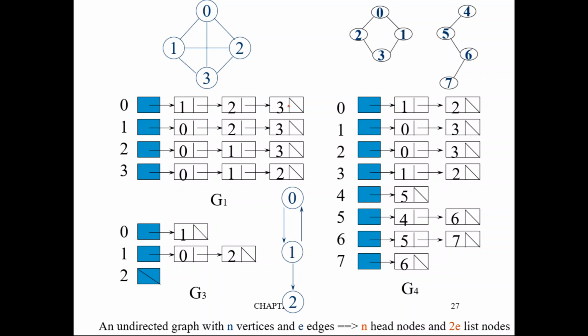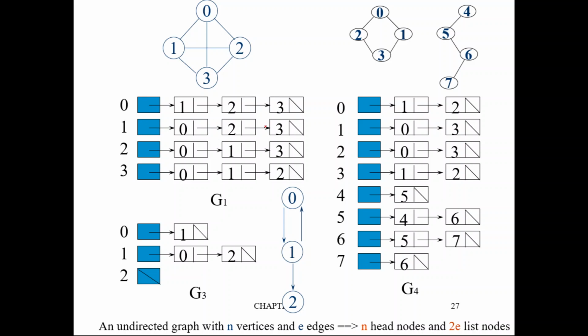Similarly, for 1, how many pointers are there? 3 pointers, 3 edges: 1 to 0, 1 to 2 and 1 to 3. Actually there is another edge from 1 to 2, so for representing that we connect the pointer of 0 to 2. Similarly, there is an edge from 1 to 3, which is represented through the pointer of 2 to 3, and 3's pointer is null, because from 1 we have only 3 pointers. Similarly for 2 and for 3. So this way of representation is called an adjacency list.